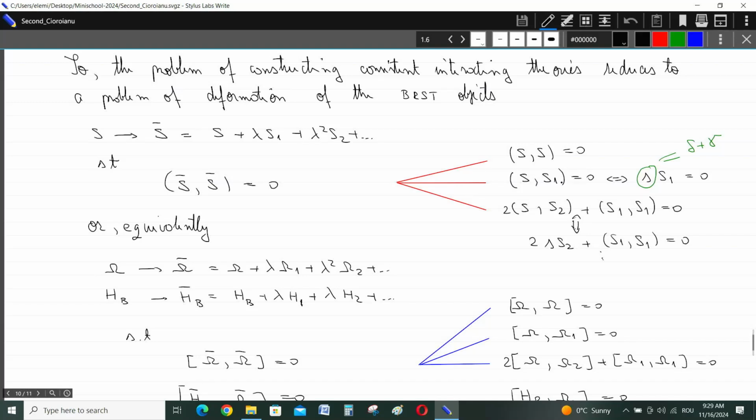And the second equation in this tower expresses the first order deformation of the solution to the classical master equation, and this equation is equivalent to the fact that the first order deformation is a BRST cycle with respect to the BRST differential associated with the free theory. In our case, as the free theory is linear, the BRST differential reduces to the sum of two differentials, namely the Koszul-Tate differential, which enforces the homological resolution